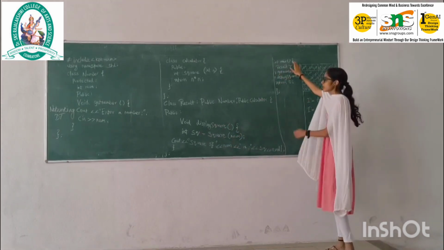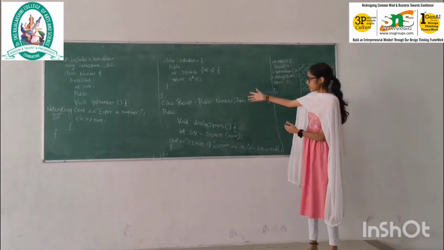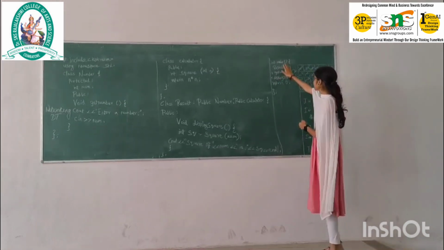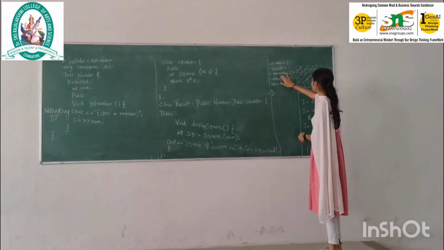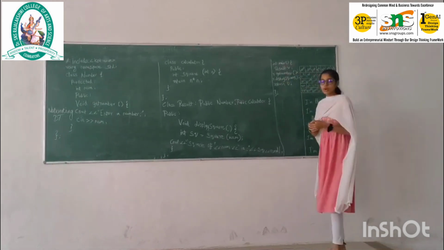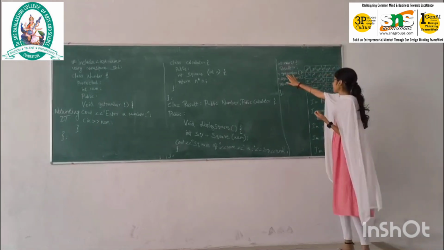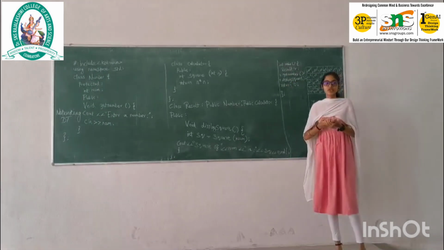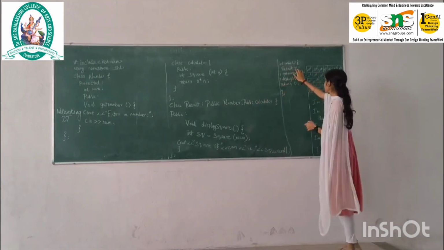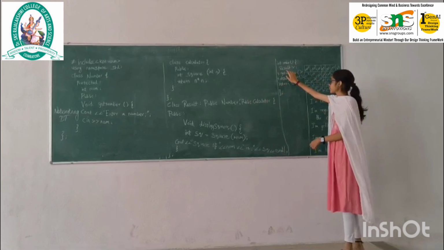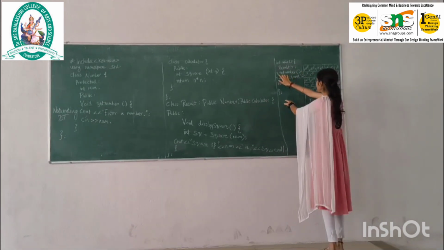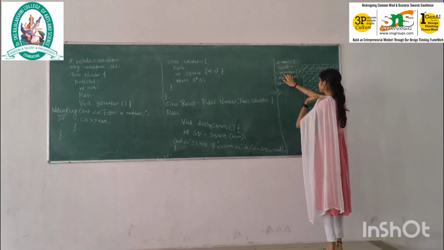Then comes the main function. Since we are defining the functions inside the classes, we are using the main function to access the functions get number and display square. We have to define an object for the class result. So we see here R is the object for the class result. Using R, we are getting the number using the